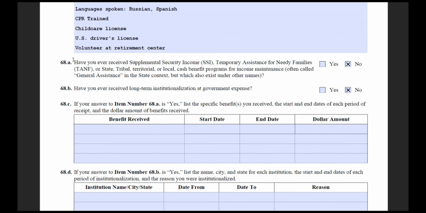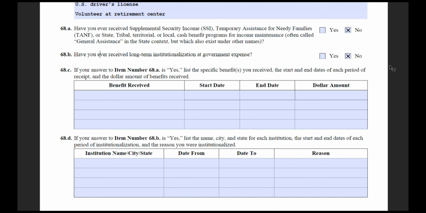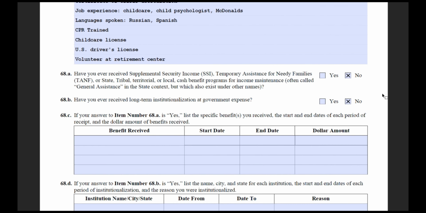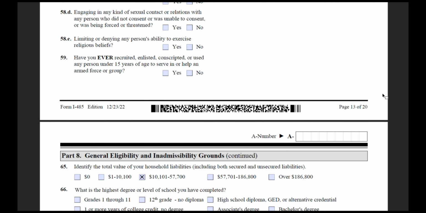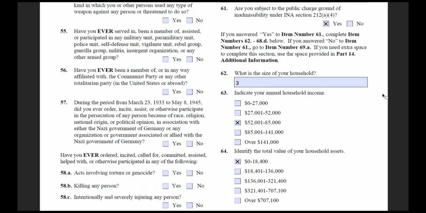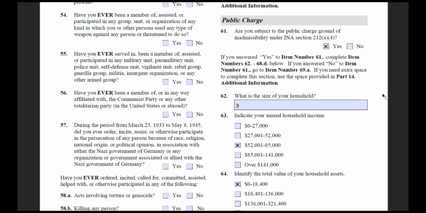And most of you watching this video will probably answer no to these two questions anyway, because most of the non-immigrants who are applying for a green card are ineligible for these types of benefits, because it is very difficult to receive these types of public benefits if you are a non-citizen. And in that case, you will not need to elaborate on questions 68C and D. As you can see, these new questions that were added are not too difficult to navigate. And if you still have questions, I suggest that you read the